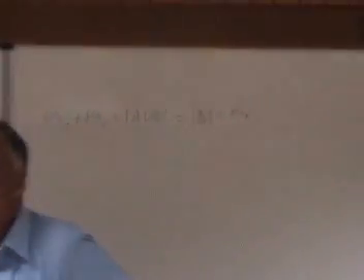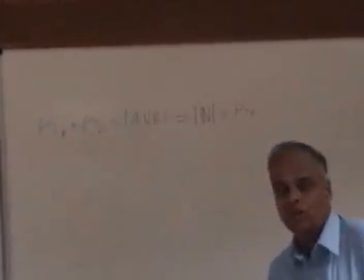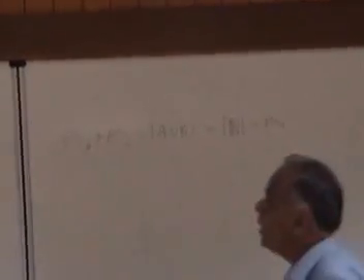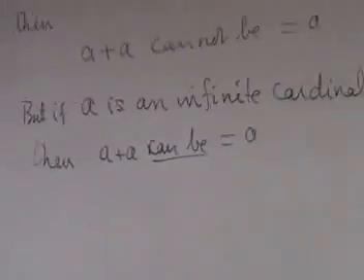Is that clear? I have not shown this in general. To show it in general, I need the axiom of choice in some form, either Zorn's lemma or the axiom of choice. Actually the Zorn's lemma version is what I want. For that I need to do some partially ordered sets and things like that. I'll do that and then come to the general result. That is why I said, for example, can be; I didn't say it shall be equal to it. When I really prove it, I will show that it is indeed equal, but I need a little more machinery. I'm just saying you see that it can happen.